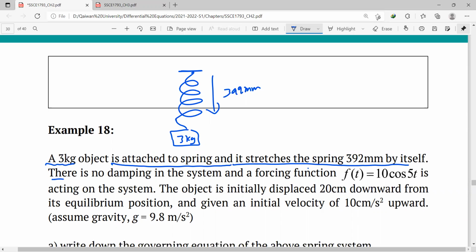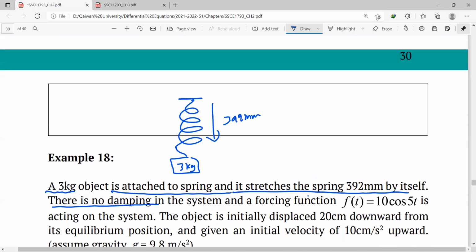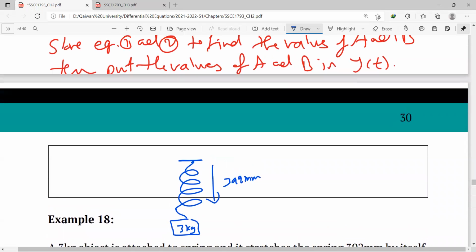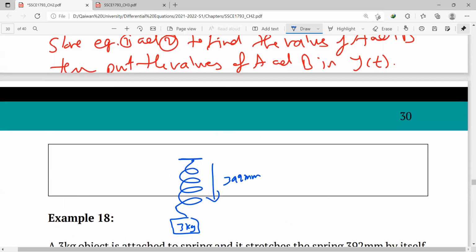There is no damping. Before we write down the value of damping, I'm going to write down the general form of the equation. We say M is the mass, y double prime plus B y prime plus K y equals F of t. Here M is the mass, B is damping, K is the constant of the spring. It says there is no damping, means B equals 0